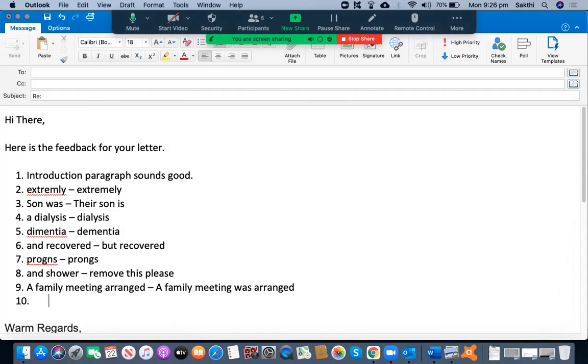Okay, I will tell you how we can find it out. The verb, for example, arranged in this case, whether it is in the past tense or the present tense, whatever the verb it is, if someone can take action, if someone can do this process himself, then it doesn't need was, is, will be. That's not needed at all. For example, I arranged a family meeting. You can say I arranged a family meeting. That doesn't need I was arranged a family meeting. It doesn't need was. So what you could have done is I arranged